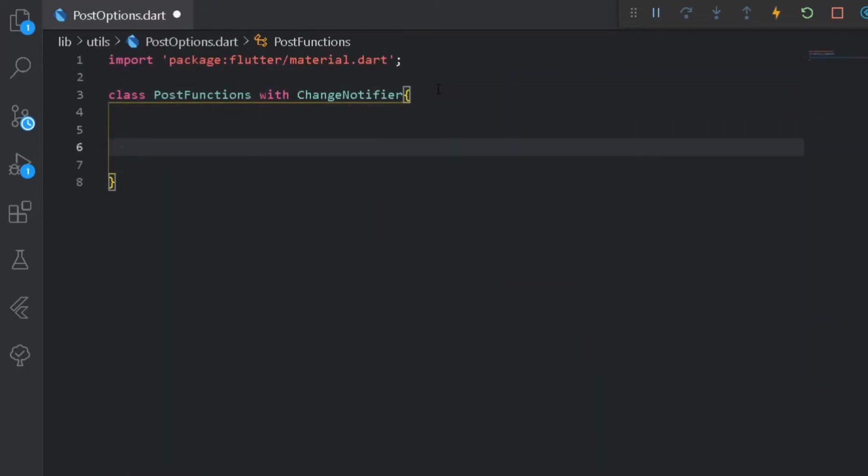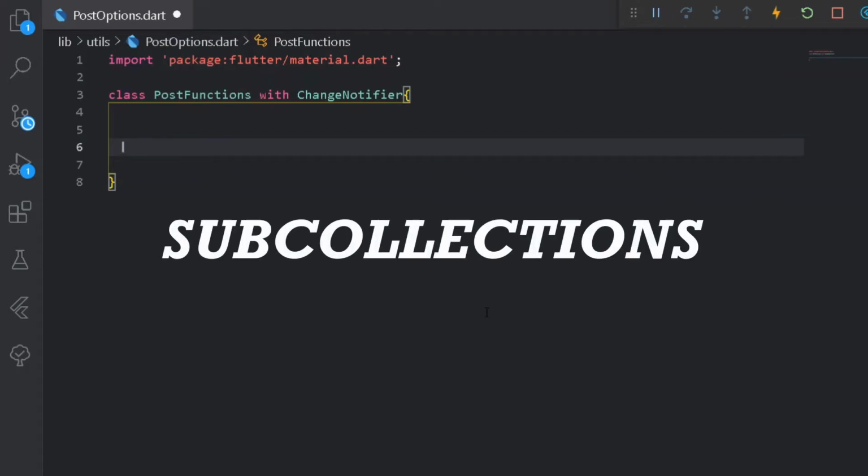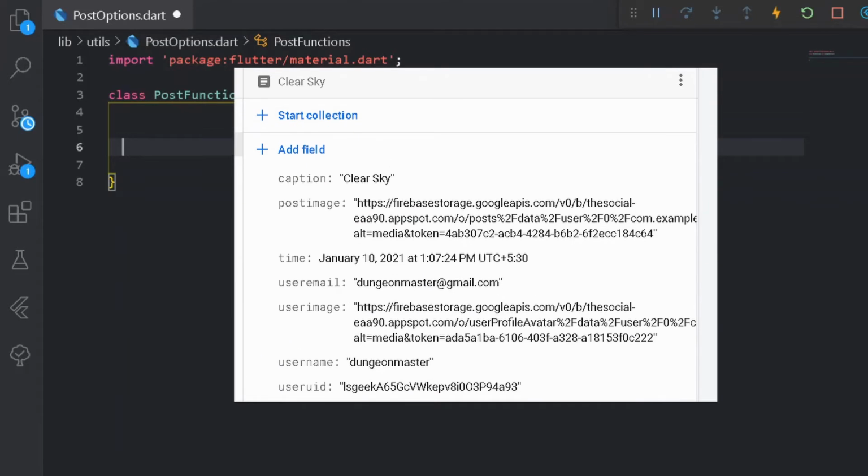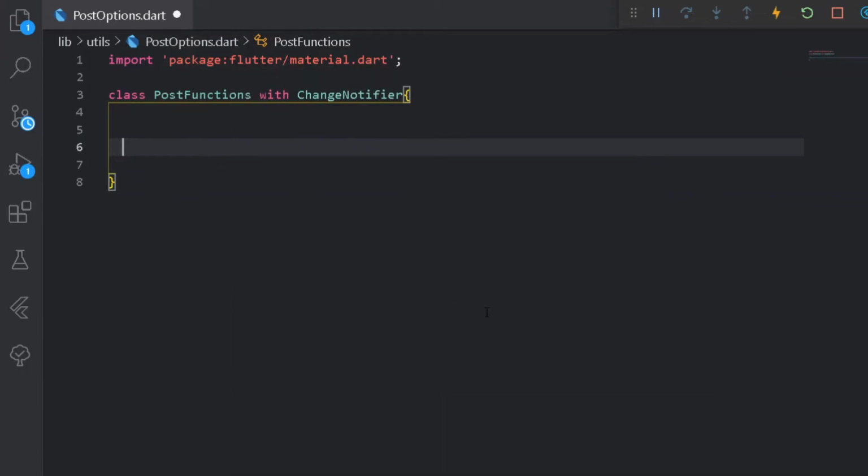First of all, to add a like under our post, we need to create a different collection under the post option, that is a sub collection under the following post collection. Now if we go under our Cloud Firestore, you may remember we have a collection of posts. Under the following post, we have two documents, and under documents we have some data regarding the following document. So here under the following collection, we shall be creating a sub collection for likes, that is number of likes.